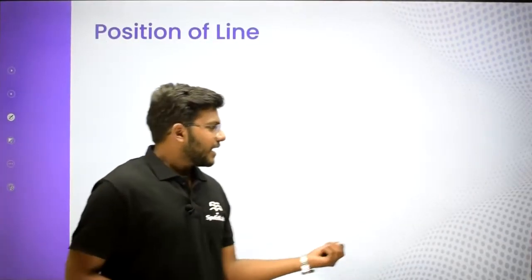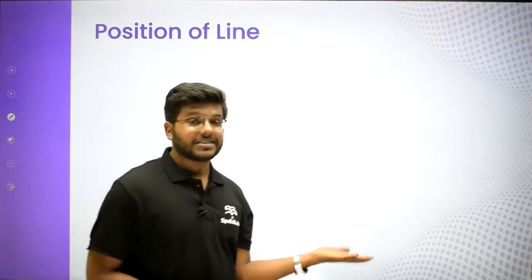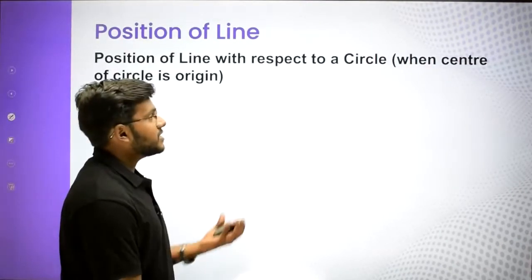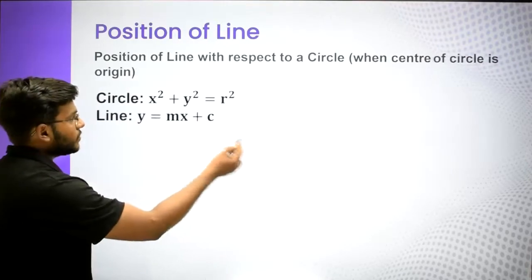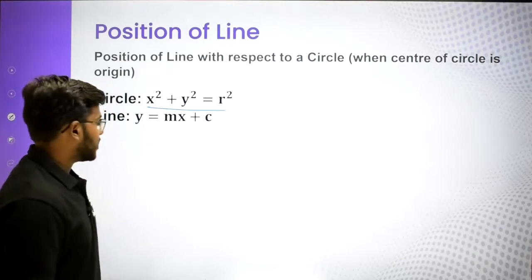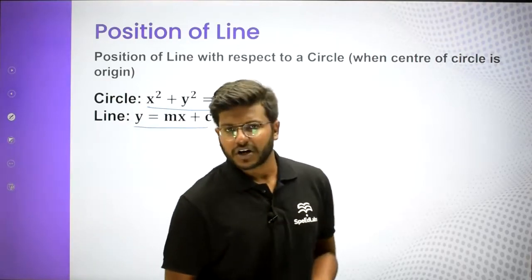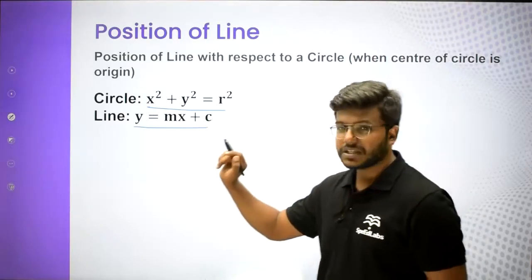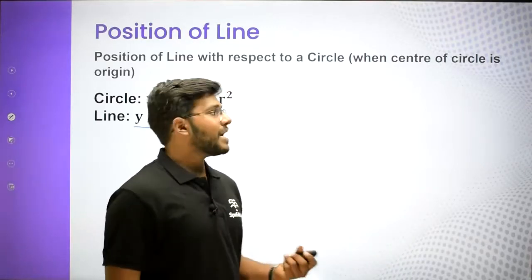Okay, so guys, now we have seen how we can find out whether a line is going to be intersecting, non-intersecting, or a tangent. Now we can generalize this concept when the center of the circle is the origin. Basically, if the center of the circle is the origin, its equation can simply be given by x square plus y square equal to r square, right? And let's suppose the line is y equal to mx plus c. These are very general cases: the standard equation of a circle with center at origin, and the equation of a line in slope intercept form, that is y equal to mx plus c.